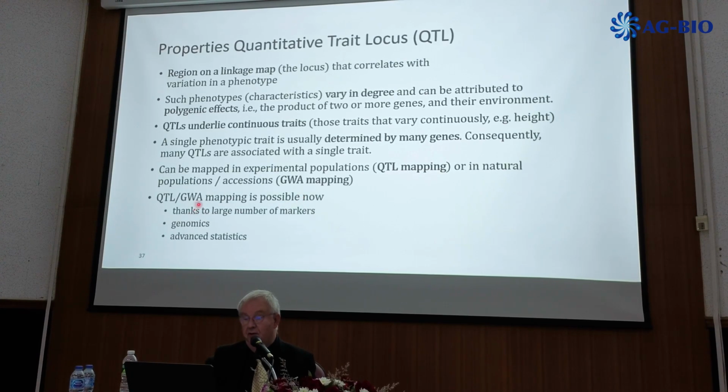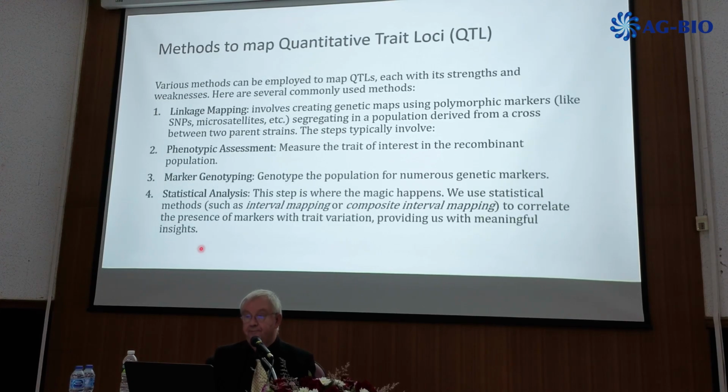And QTL and genome-wide association mapping is now possible thanks to a large number of molecular markers, thanks to genomics information, and certainly also a lot of advanced statistics. The methods that I'm going to discuss later are employed to map QTLs, each with its strengths and weaknesses. A commonly used method is linkage mapping. Simple linkage mapping involves creating genetic maps with polymorphic markers like SNPs and microsatellites segregating in a population,